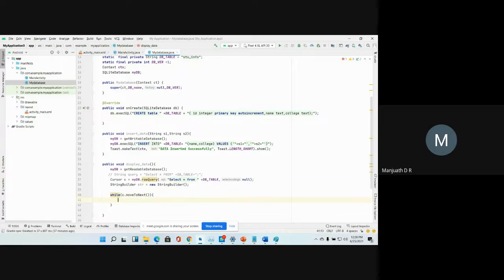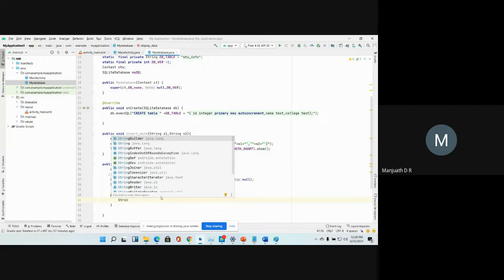Now I am going to read whatever the arguments are there in the first row. I'm going to read into two separate string variables. I have three arguments. One is ID, another one is name, another one is college. I just need name and college. That's all. So for that purpose, I'm going to use string